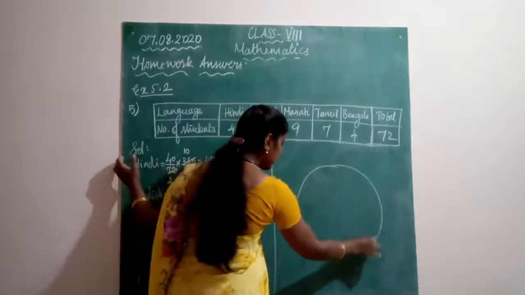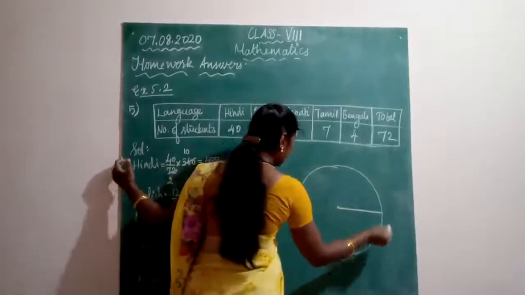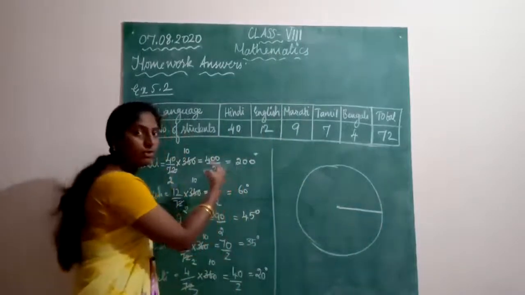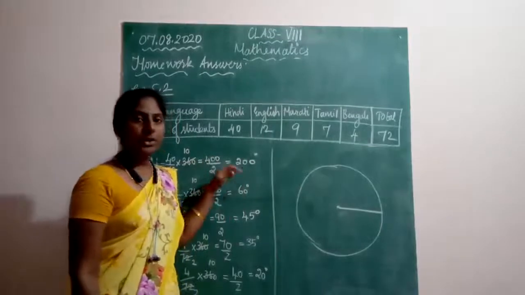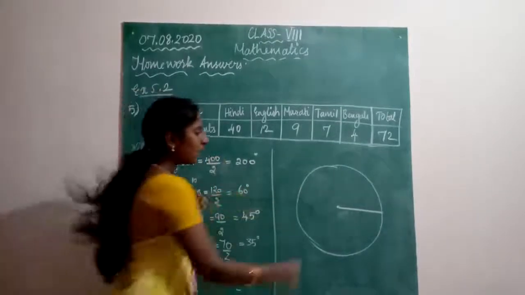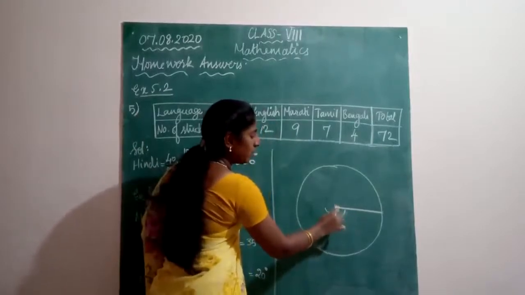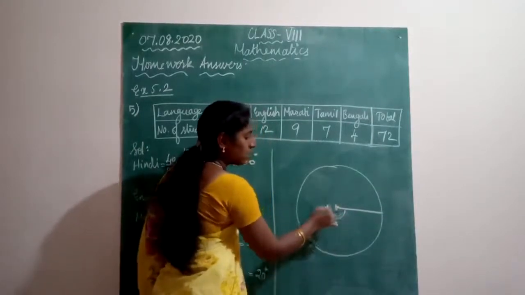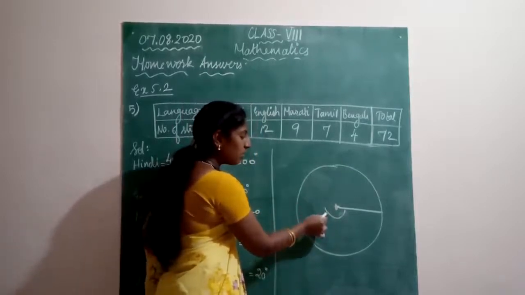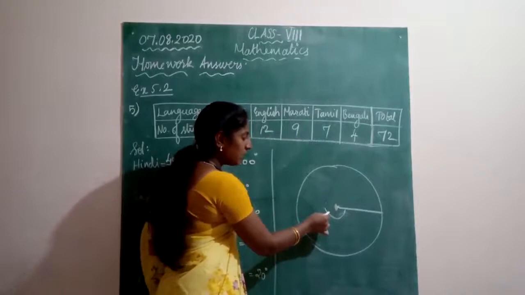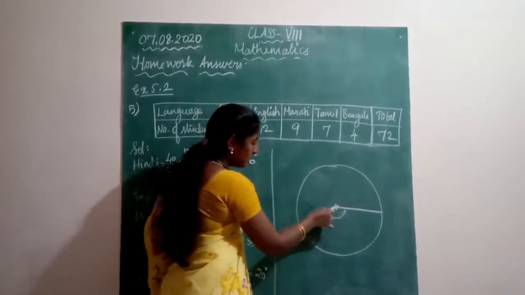Make a circle with any radius. Okay. Then draw the radius. Okay. Then you have to mark it for 200 degrees. So how will you mark it for 200 degrees? So to mark 200, you have to keep your protractor upside down like this. Okay, like this you have to keep it on this line. Okay, and the pointer should be here on this point, and the protractor should be upside down. And here from this 0 count 20. So 20 will be here, no? So that is the 200.